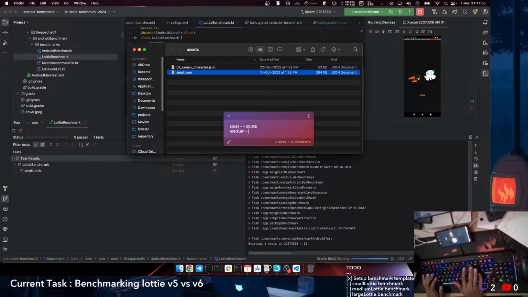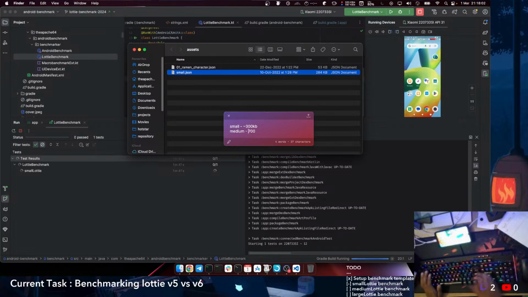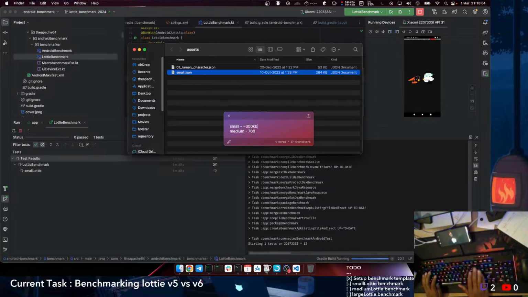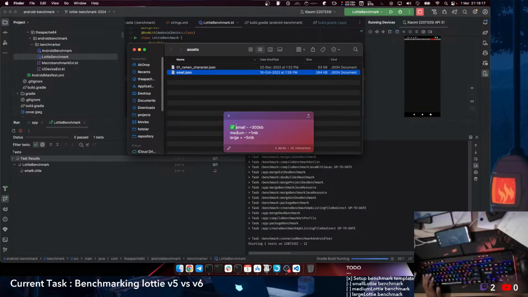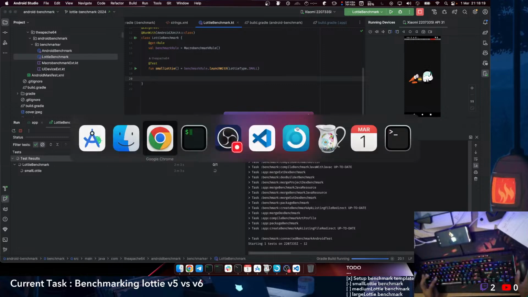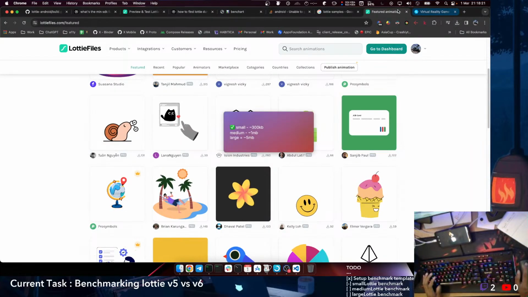Medium category, I need something around 700 KB. Not 700, I need a 1 MB file. Large, I need something around 5 MB. So that's what I need. This we already have. Now let's go and find a Lottie that is around